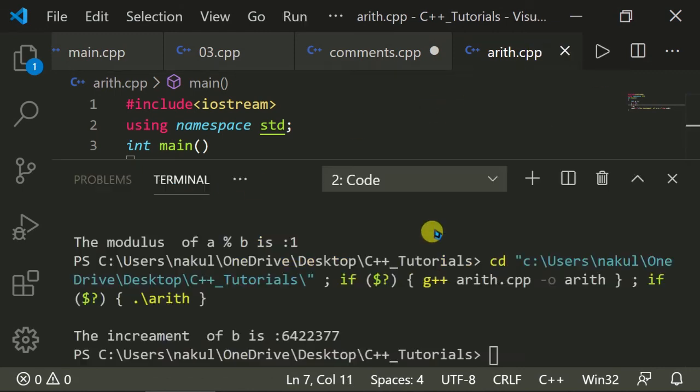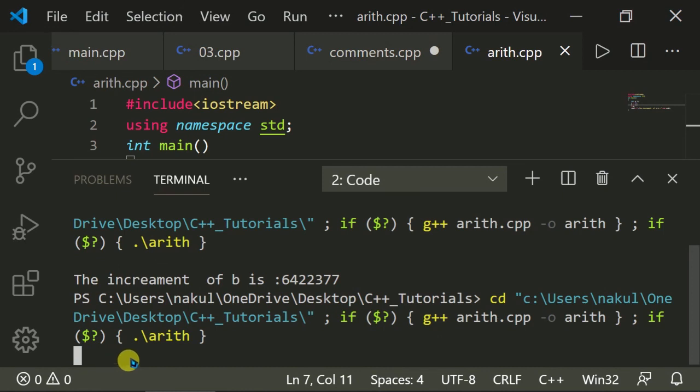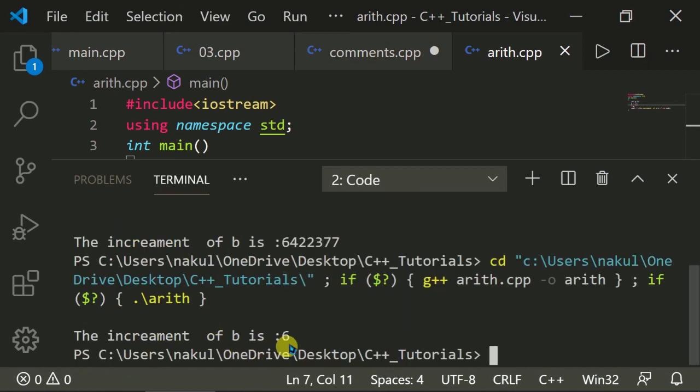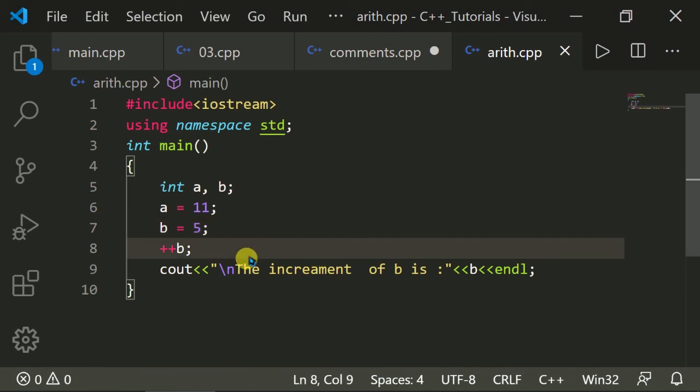Okay, great. The increment of b is 6, because increment increases the value by 1. It means if we make it plus plus b, it's equal to 5 plus 1, which is 6.